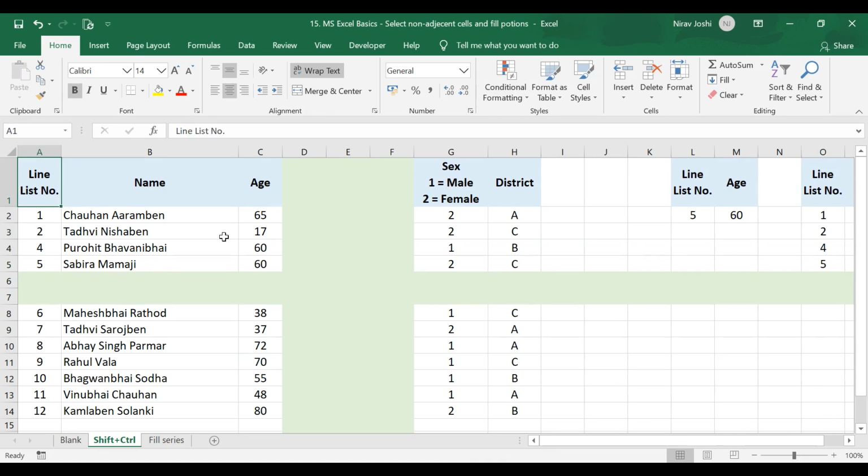Now another use of the control key along with the arrow key is to jump the active cell to the last filled cell in that direction. Suppose I use control with the right arrow key, it will select the last filled cell of the range towards the right side.